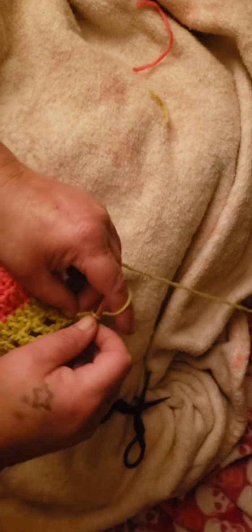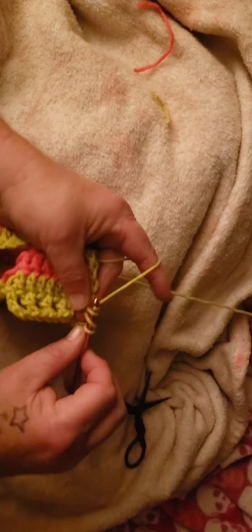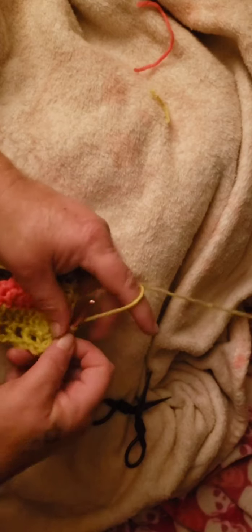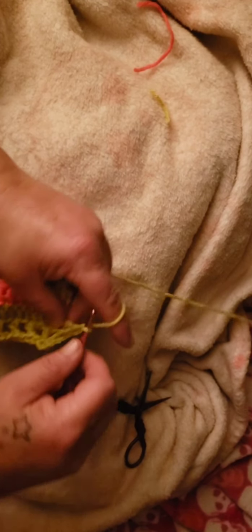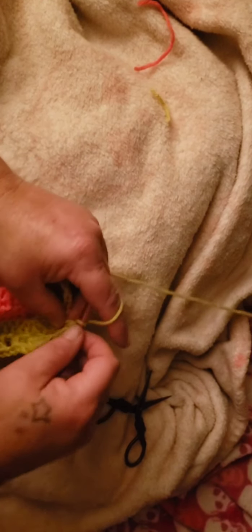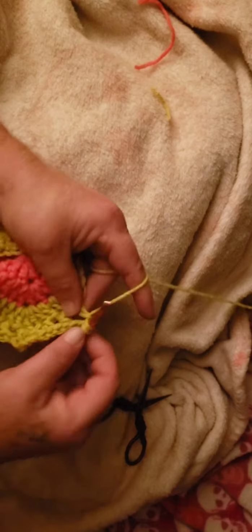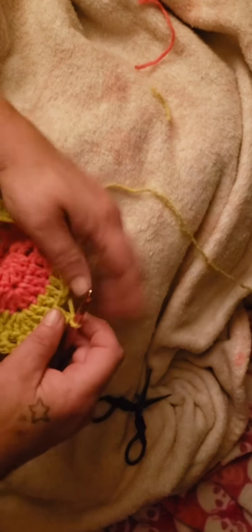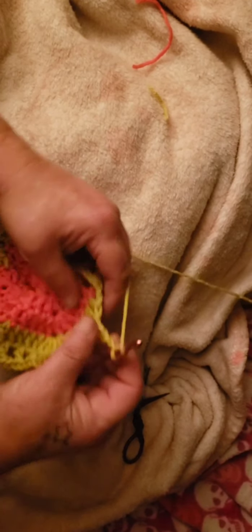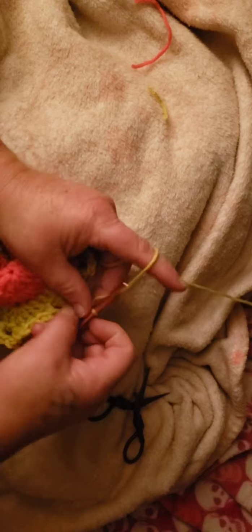When you get in the corner, you're going to chain 3, and then make another double crochet in the corner, so you have 2 in the corner, and then you're going to chain 1, skip a stitch, double crochet, chain 1, skip a stitch, double crochet, 2, skip a stitch, double crochet, 3, 3, chain stitch, skip a stitch, double crochet, and 4. Now you're going to chain 2,